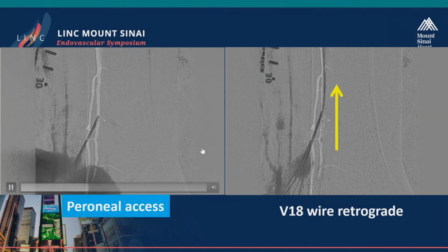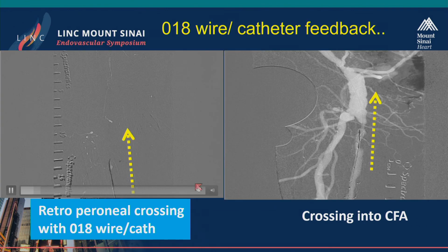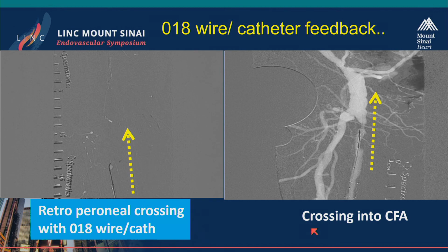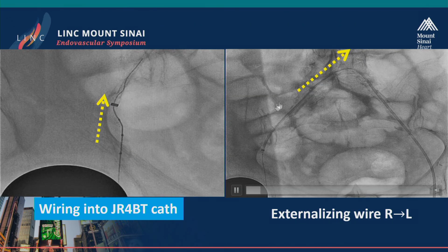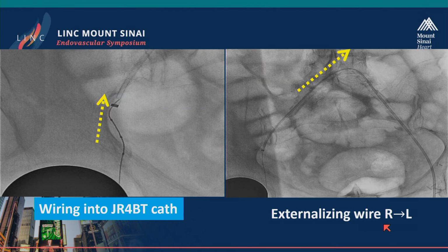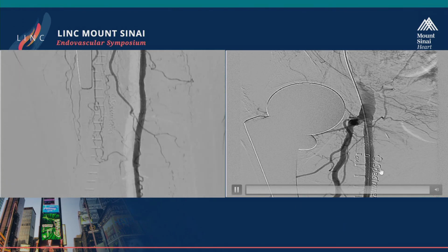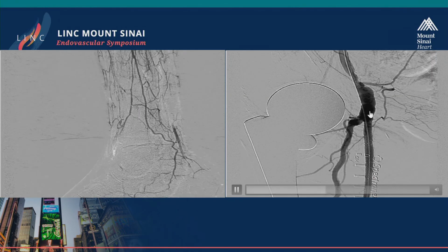So here's peroneal access. Again, you rotate the camera so that you can see between the bones and access. Again, here's just a wire, V18, and a catheter, and then working your way up and into the FR4 bright tip and externalizing. And I learned from Miguel, instead of diddle-daddling, I'm going to now just take that catheter up and around and then finish the job,